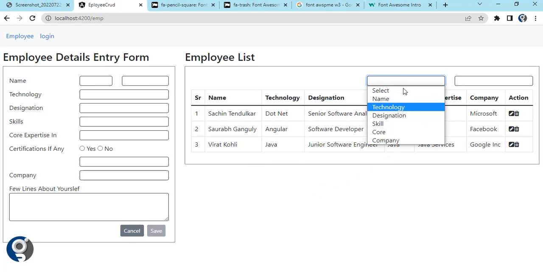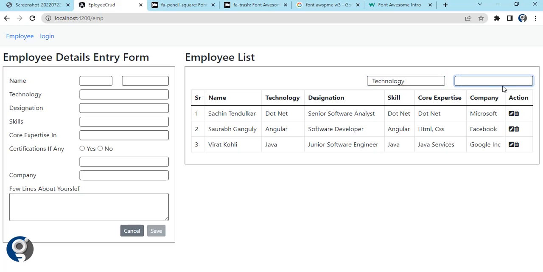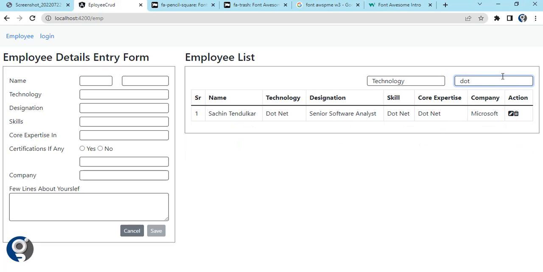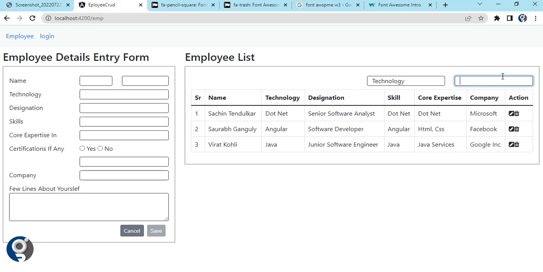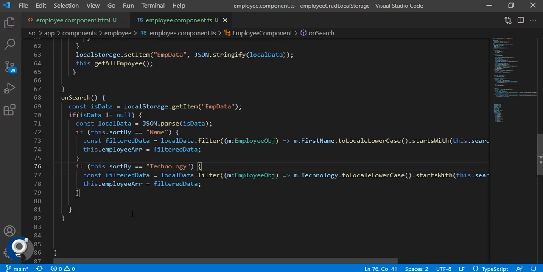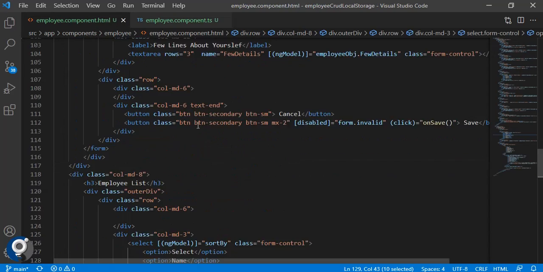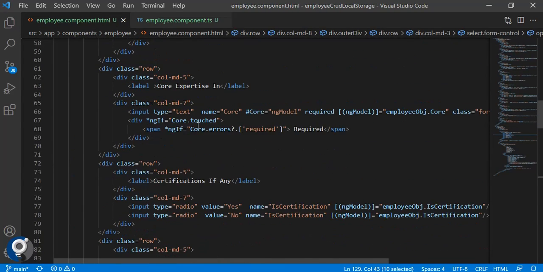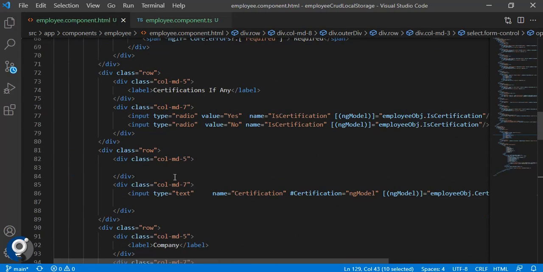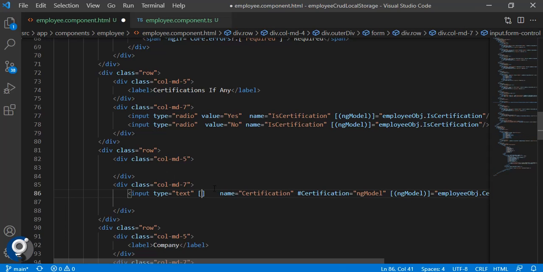Just try to do it with the technology. If it is technology, so let's say .NET, it is searching, Java is also searching. So this is how we have completed everything. Okay, one thing was left, like we need to enable this only if yes is selected. For that, it's a simple code. Disabled